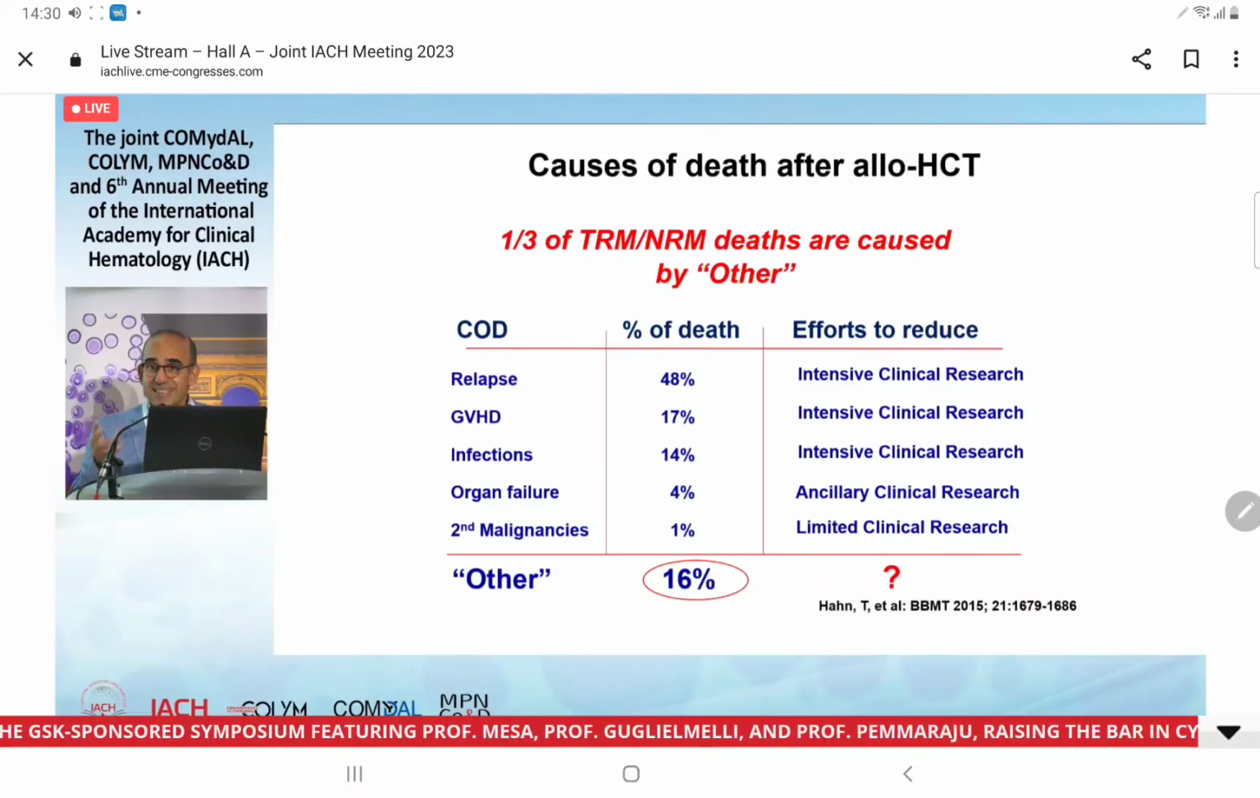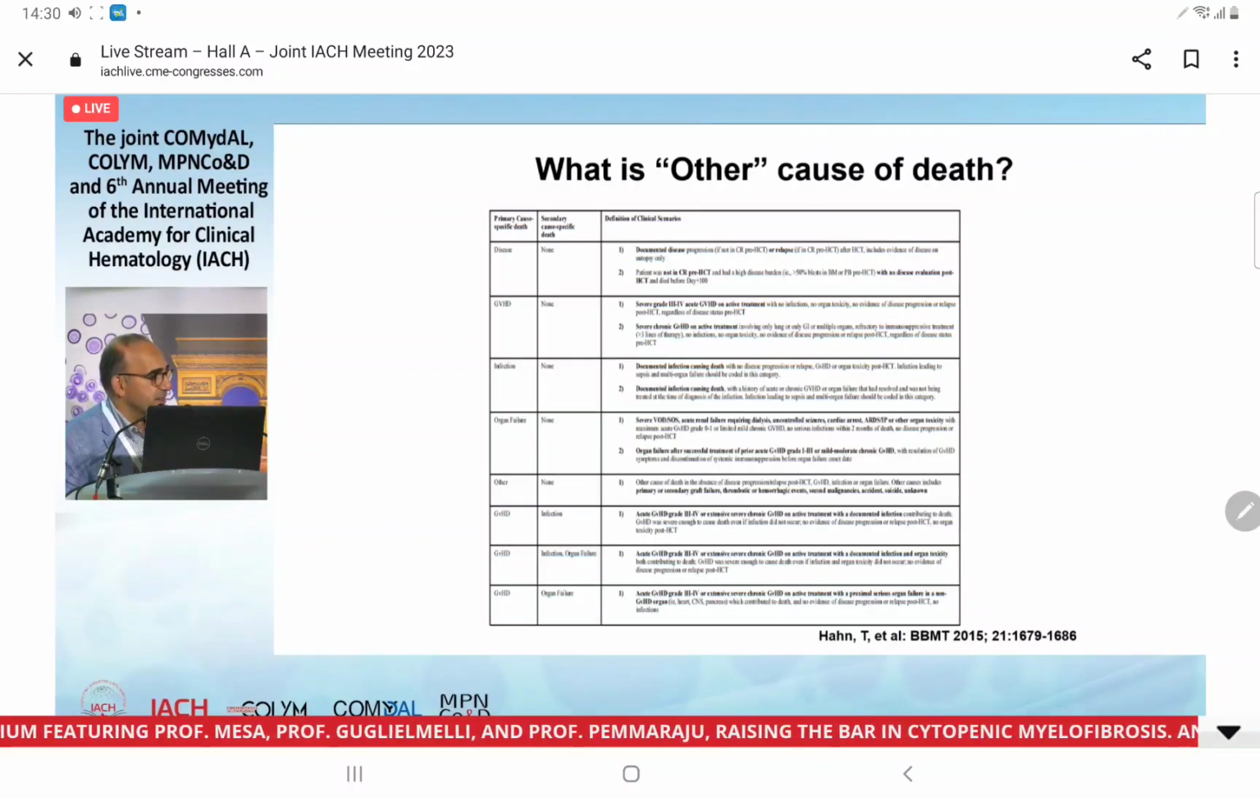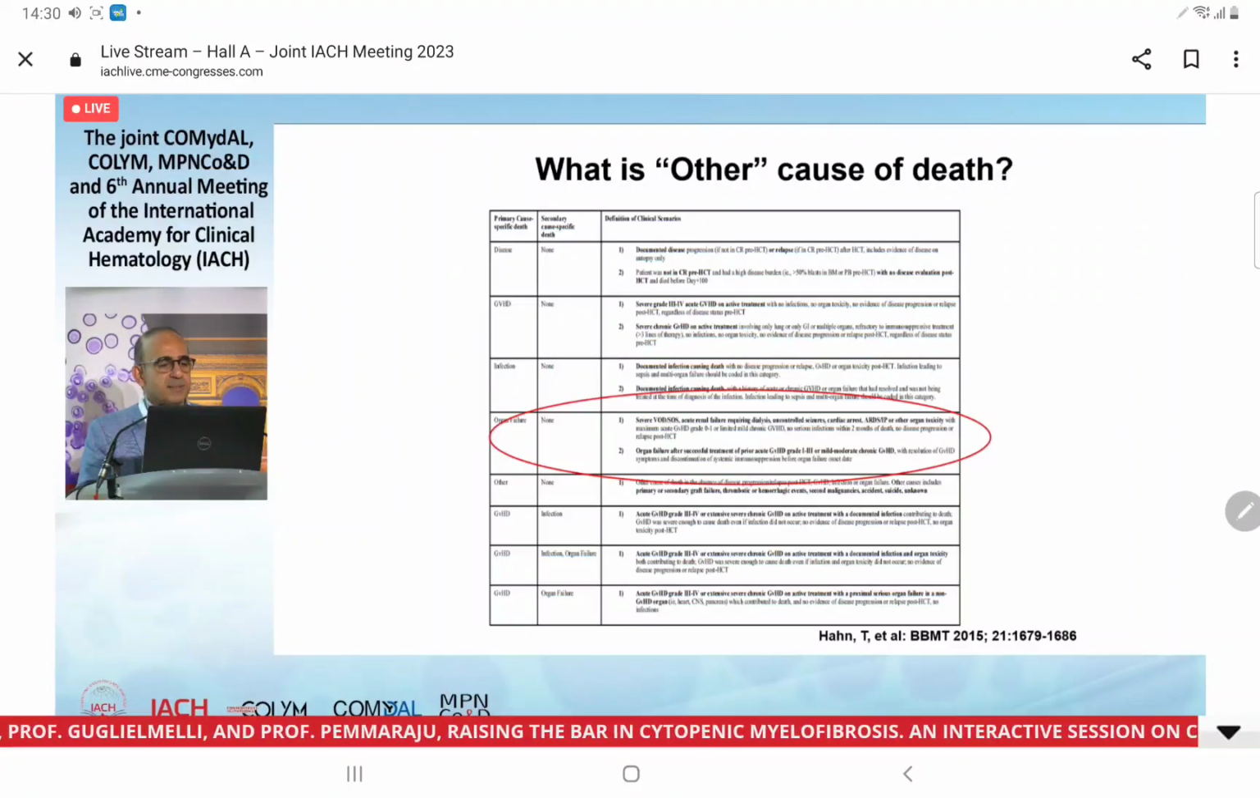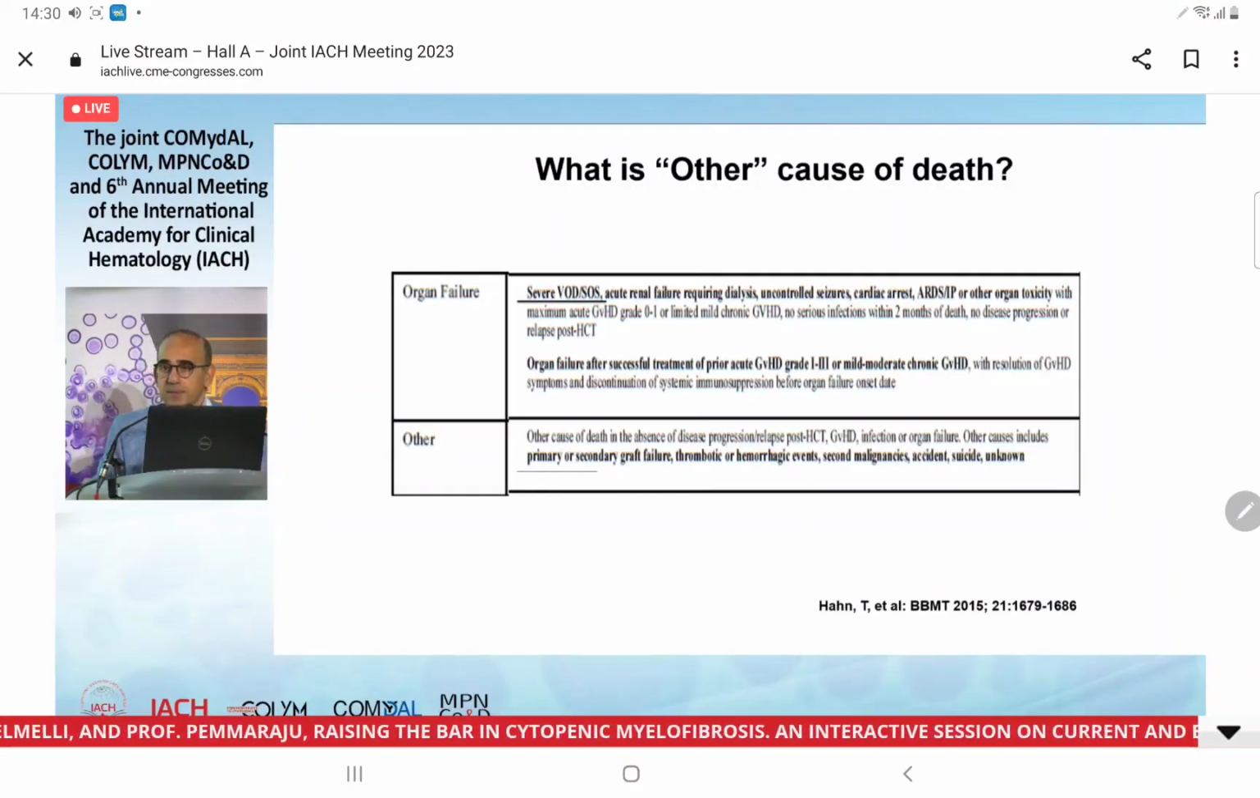I mean, other 16%, that's a lot. So what is this 16%? You can see it in the paper. Don't worry, you don't need to read this. This is it. So when you look carefully, what are the other causes? You can see that number one is VOD, followed by other, I would say, rare complications, some of which are actually also